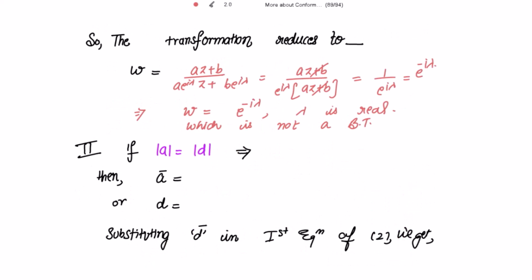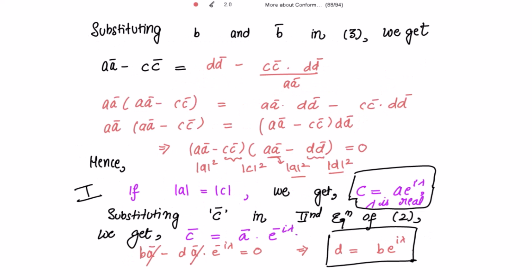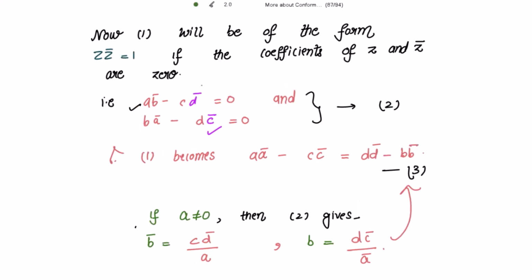The other case, if mod a is equal to mod d, this implies I can also write this as mod of a bar is equal to mod d. Yes, I can write like this. Okay, then d is e to the power iota lambda, where lambda is real, or I can also write d from here as a bar e to the power negative iota lambda, where lambda is real. So I got the value of d, and now required to get the value of c. From the value of d, I can get the value of d bar as a into e to the power iota lambda. Yes, and substituting this value of d bar in the first equation of the set of second equations, that is here. And on putting the value of d bar in this first equation,